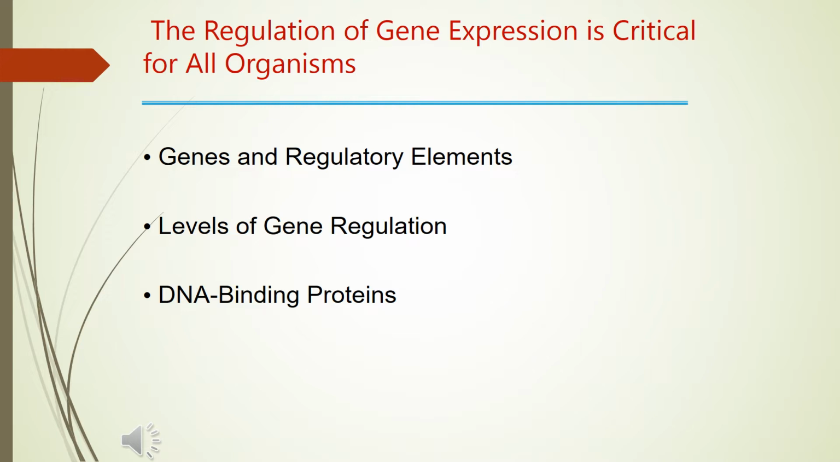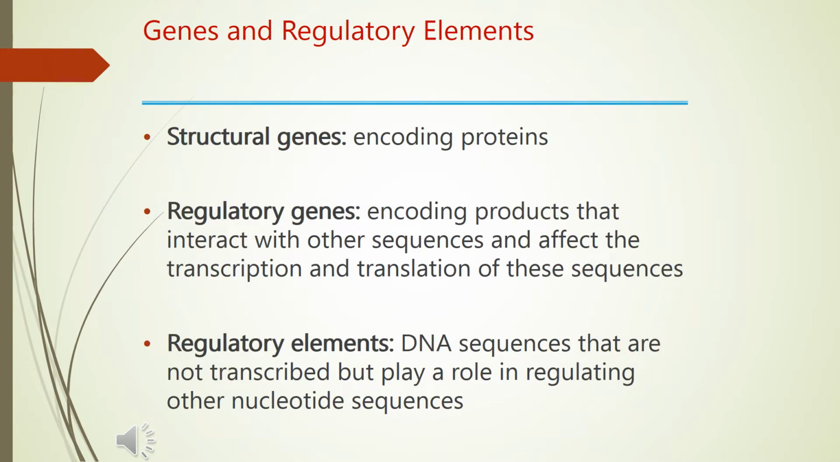They fall under three categories. They are genes and regulatory elements, levels of gene regulation, and DNA binding proteins. So first of all, genes and regulatory elements. There are different kinds of genes and gene products which can regulate gene expression. First of all, the structural genes that encode structural proteins. And the second one is regulatory genes that encode products that interact with other sequences and affect their transcription and translation. And there are additionally